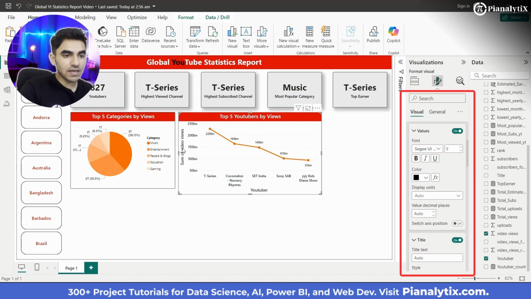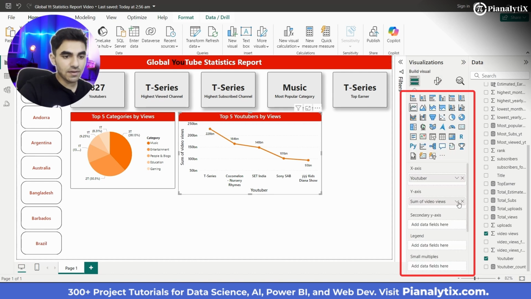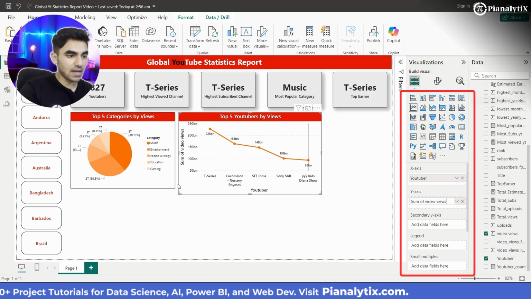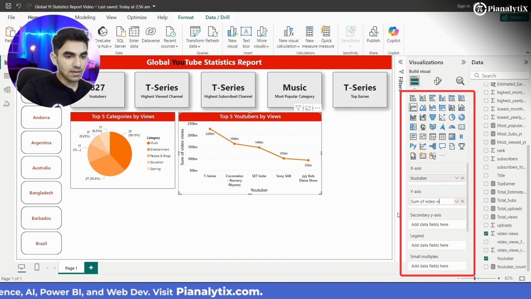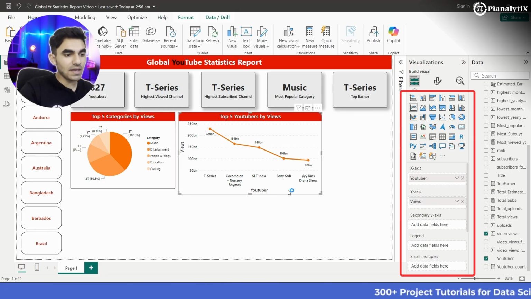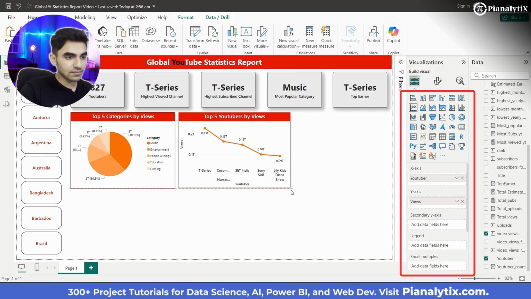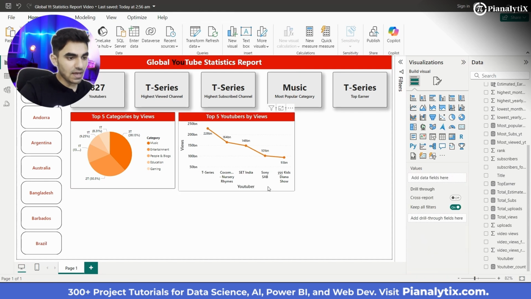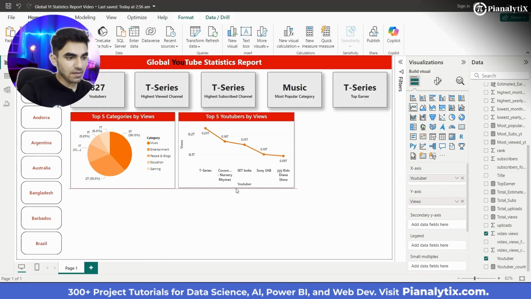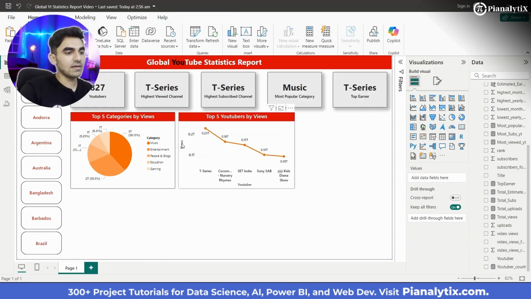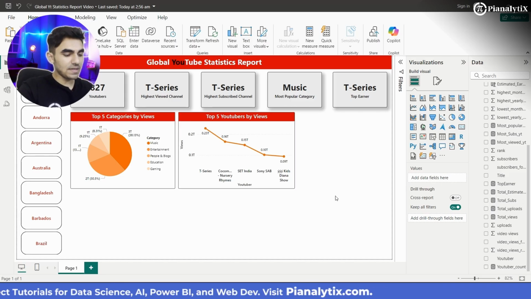I just need to change the title of the y-axis, which I can go and change from here by clicking on rename for this visual, and I want it to be just simply views, not video views, just simply views. And that's how we have created another chart. We'll just resize it a little bit. Perfect. We have the border here as well, because we have copied the basic formatting from this chart. We'll save our progress,